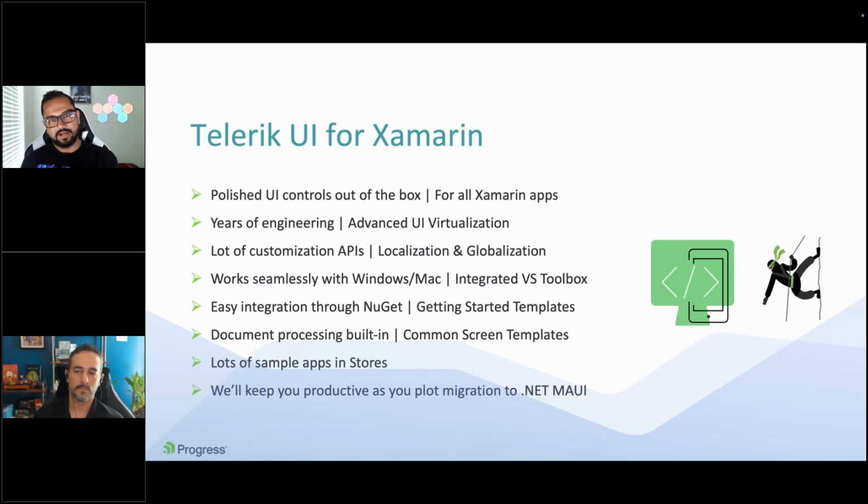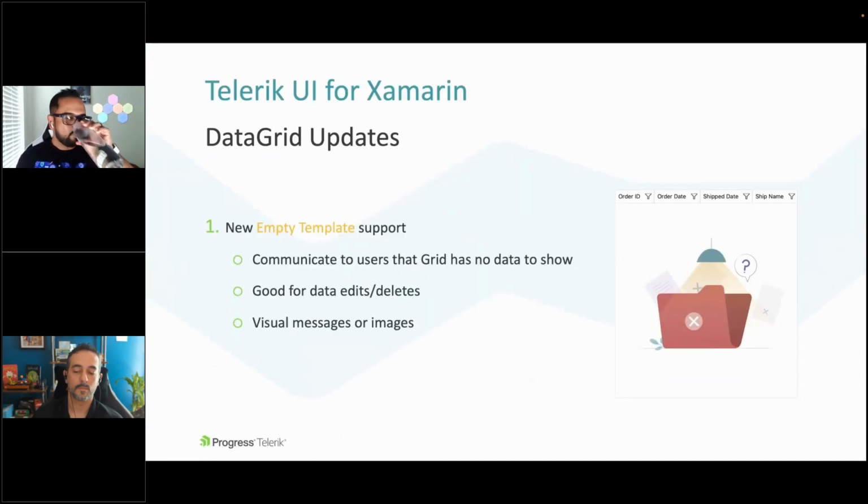Or you can restart and do that migration by hand, where you start up a .NET MAUI app and you bring over your Xamarin assets, like your UI, your view models, your models, everything just comes over, switch up a few namespaces, and then the XAML, most of it you can reuse. So there's a very nice path forward. For Xamarin, though, we are still putting in little bits of love and care here and there. The data grid that I talked about for .NET MAUI, the empty template support, Xamarin gets it too. So again, if you are binding a data grid to a collection that's now empty, you have a nice